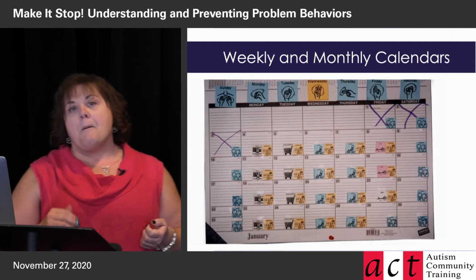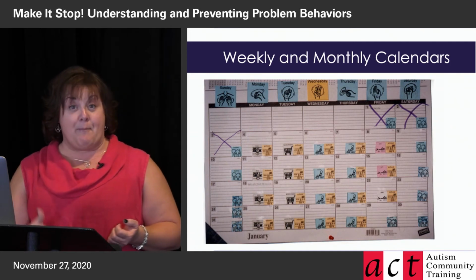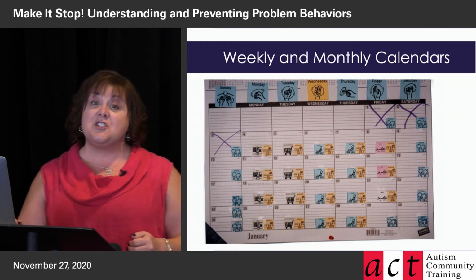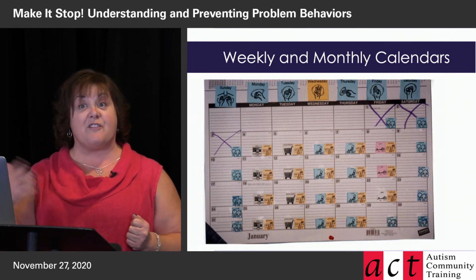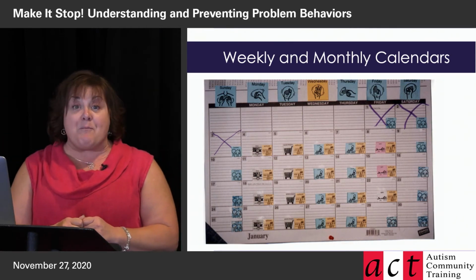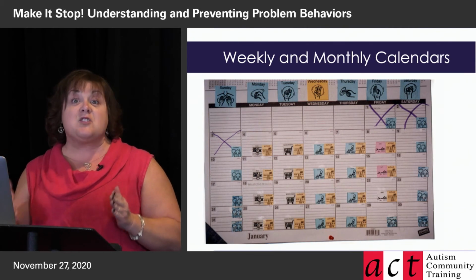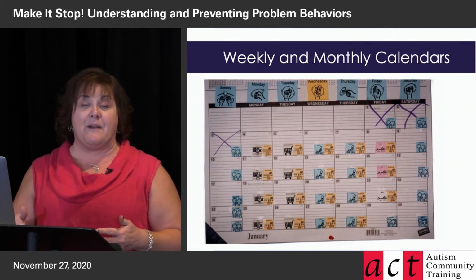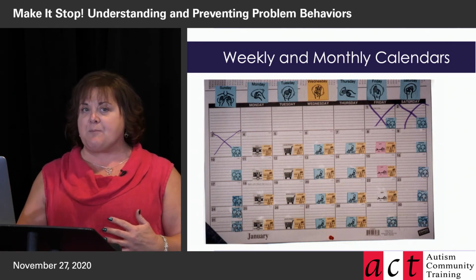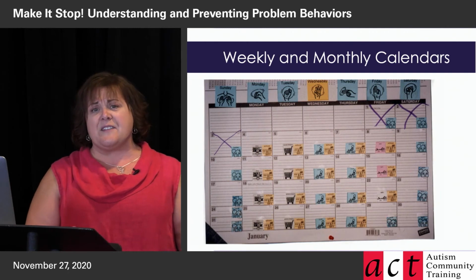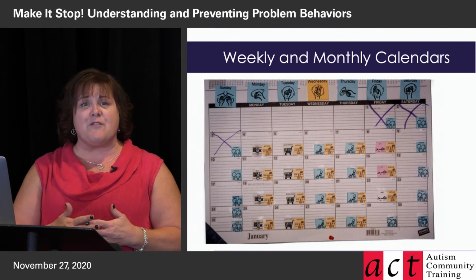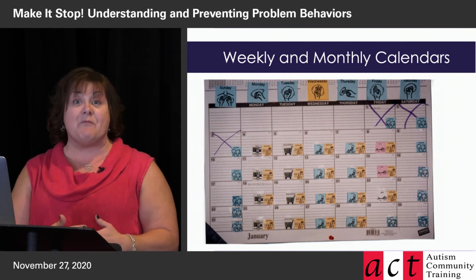Beyond daily schedules, what's going to happen today? We should also think about providing weekly and monthly information, and this is just a simple desk pad calendar that you can get from Walmart, office stores, what have you. Great big calendars with paper symbols that you can cut and paste with a child to show them what's going to be happening. Especially right now during the pandemic, when our regular routines perhaps are a bit off, certainly at the time when schools were closed and kids weren't going to school, not knowing really what was going to happen from day to day, this is a good way of providing some information, right?